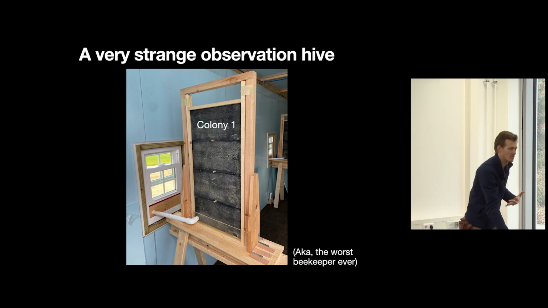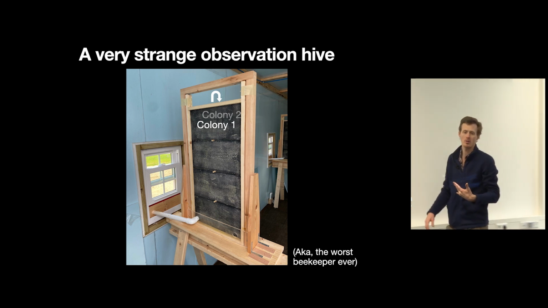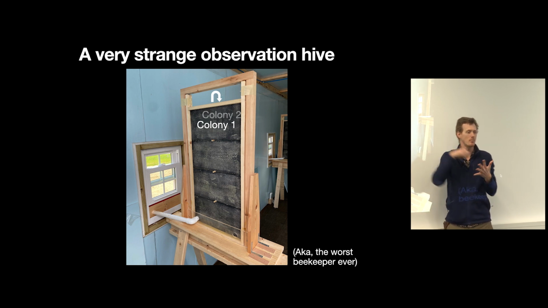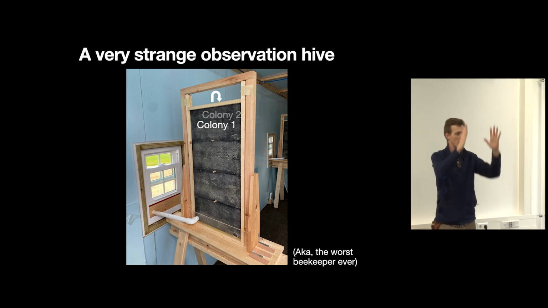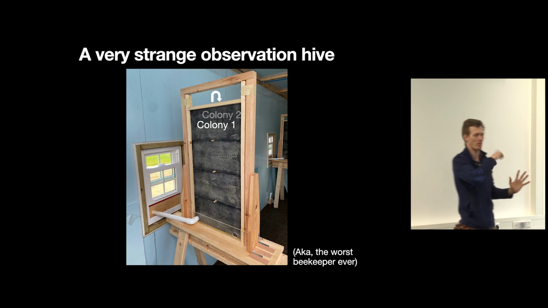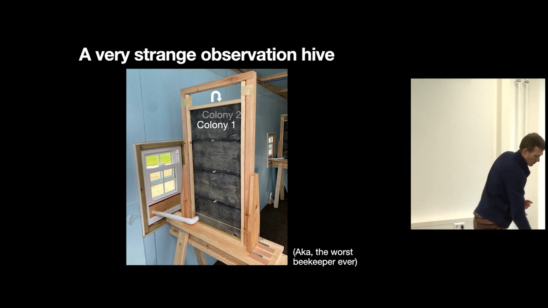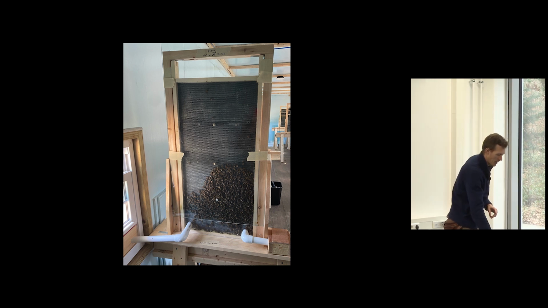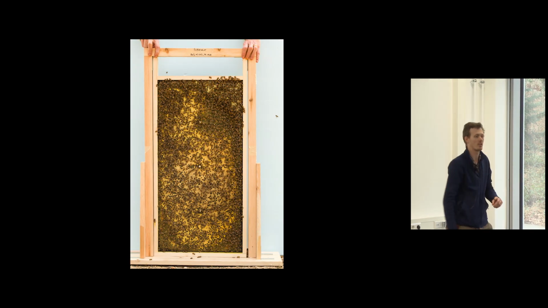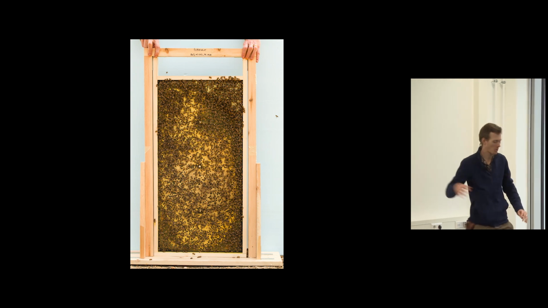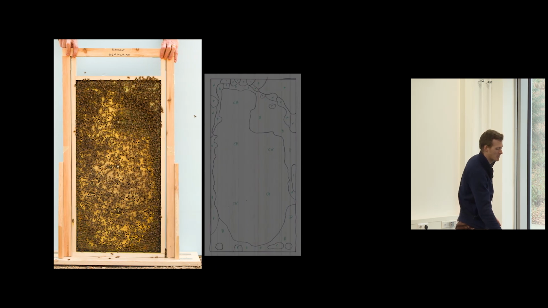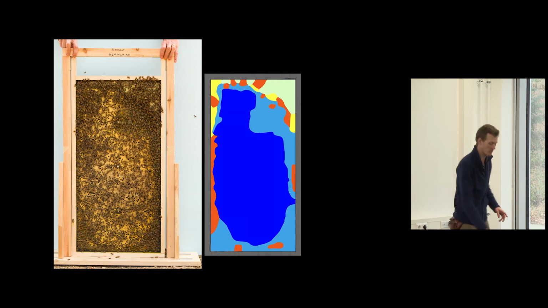So we can install a single colony here, and then we can install a totally independent colony on the opposite side. This is plastic foundation, so it's impermeable for the bees. Then we mount it in the wood, and we coat it with a thin layer of beeswax. And then we basically dump in your bees. Don't ask how we get them in there. Then we let them build their nest over about, in this case, 23 days. And then we come in and we map the nest. And this is what that nest looks like.